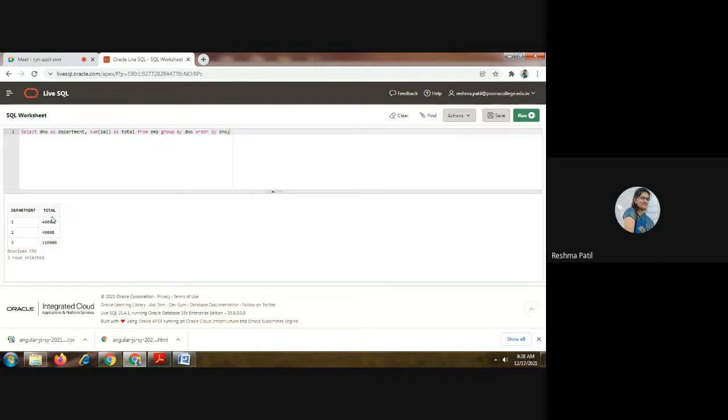Clear this? Yes, ma'am. Here, group by department number, so only one time we are showing that number. Two times department 1 is there and two times department 3 is there, so no need to show it two times. Only one time we have to show. That's why group by is taken here. And order by will show the order 1, 2, 3. That is the way. Here we can show descending order like this.